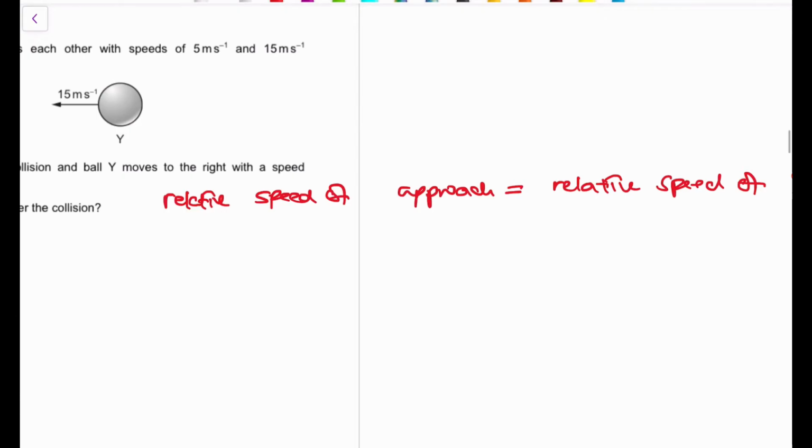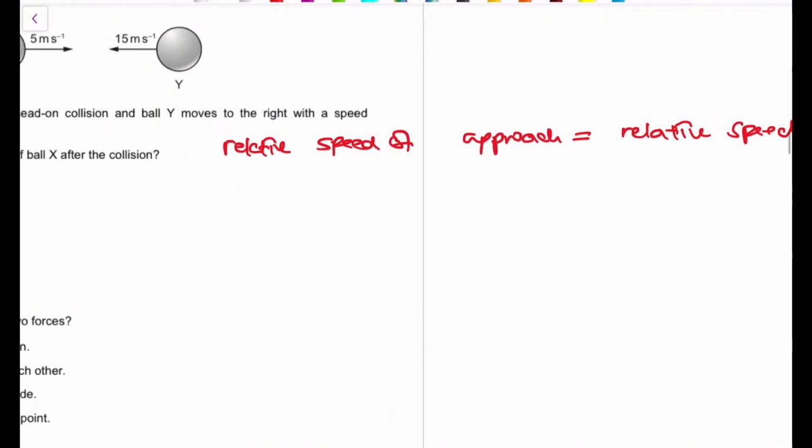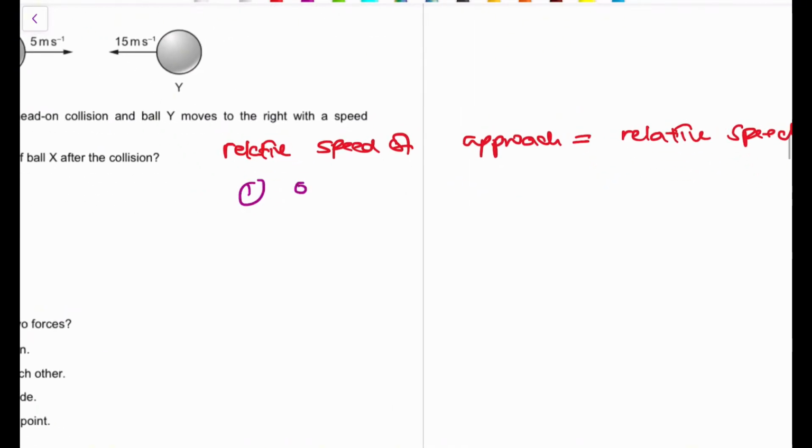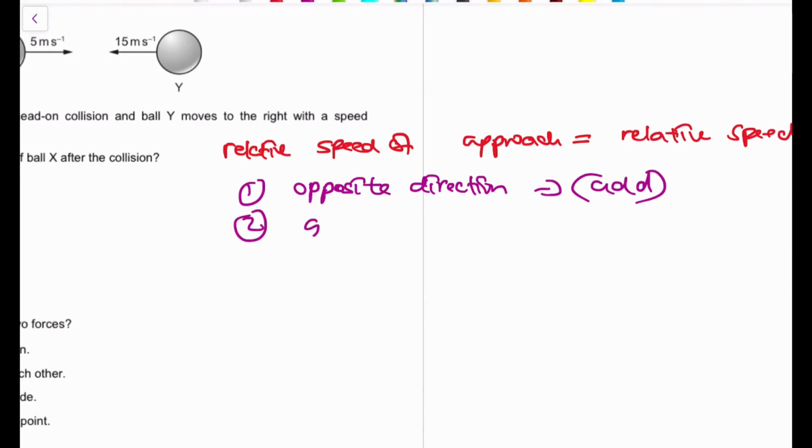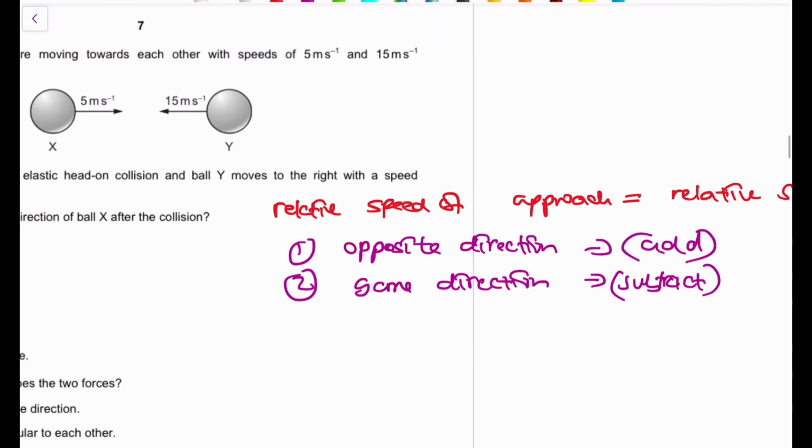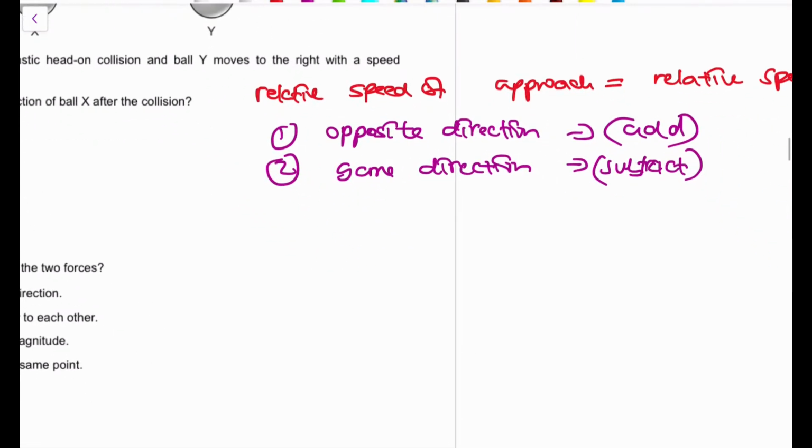So how do you find the relative speed? The golden rule, whenever we talk of relative speeds: if they move in opposite directions, you add the speeds together. The second golden rule: if they move in the same direction, you subtract their velocities. So are they moving in the opposite direction? Yes. So we add 5 plus 15, which should be equal to